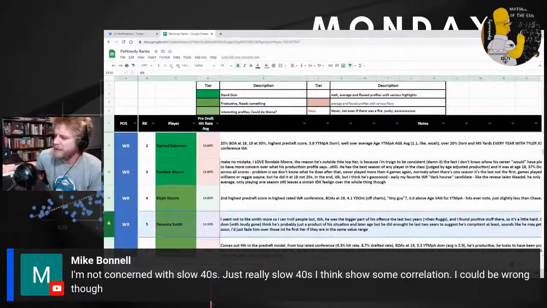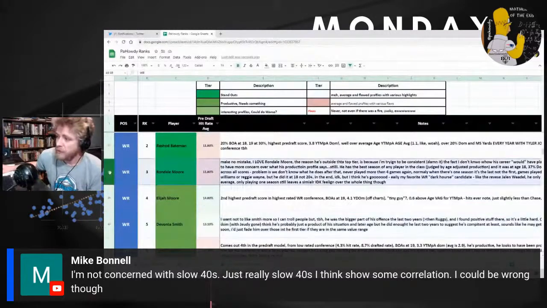Smith might be the fair comparison here because Elijah Moore also has a height thing. So I choose Ronda Moore over Devonte Smith at the same price, whatever that happens to be. And it's not because Devonte Smith doesn't have a good profile, because he does. It's that Ronda Moore has the best feature in the most useful thing I can find, which isn't height or yards per reception. It's age-adjusted production at age 18, specifically because that's the only year Ronda Moore played.